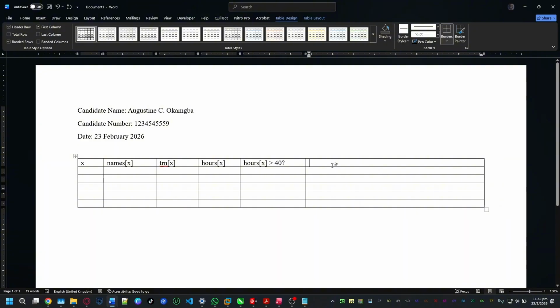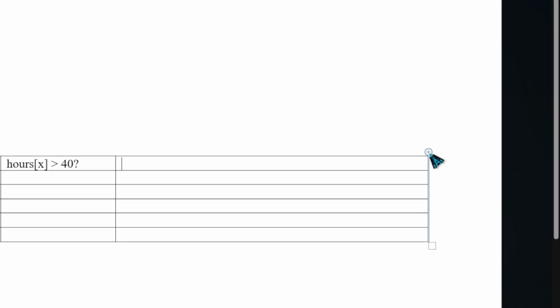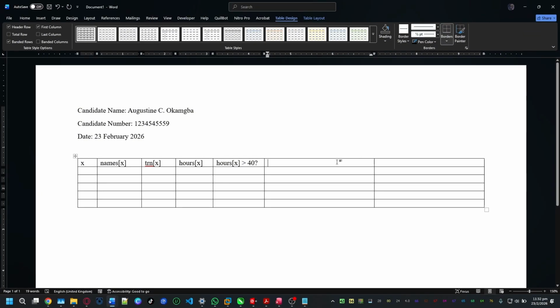Yes, and this one should be, I'm going to add additional. So to add an additional column, all you need to do is come over here where you have this column. If you hover your mouse at the edge here, you see a plus sign. Just click on the plus sign. Yeah, you can add an additional column. So here I'm going to add